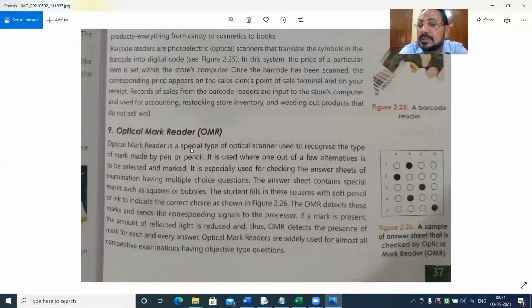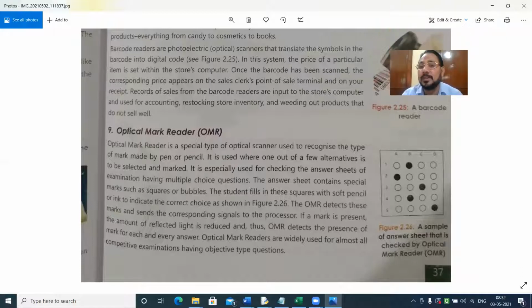Once after all the calculation he has done and he has decided that in question number one, option B is correct, that means he has to circle it. He has to darken the circle by using a pencil or by pen.